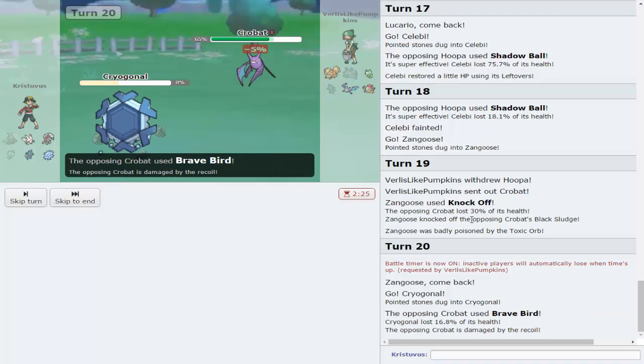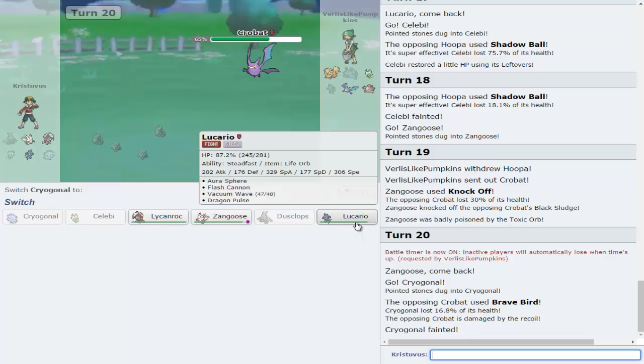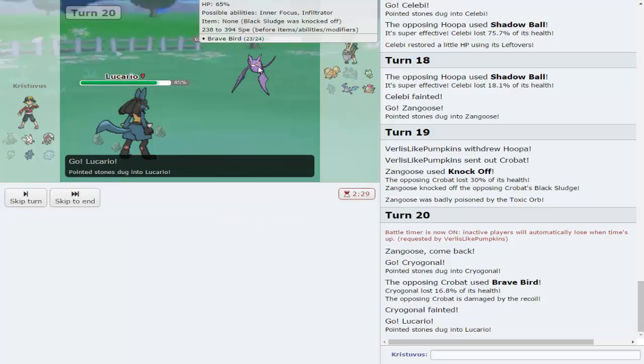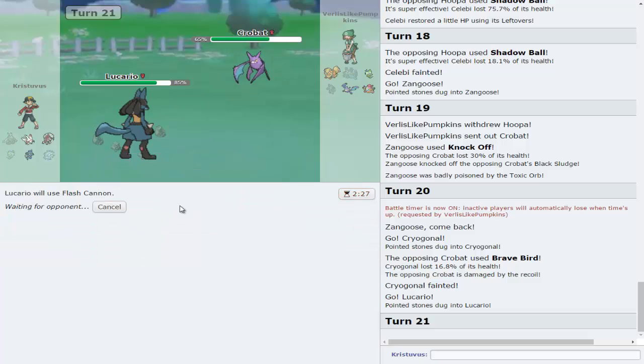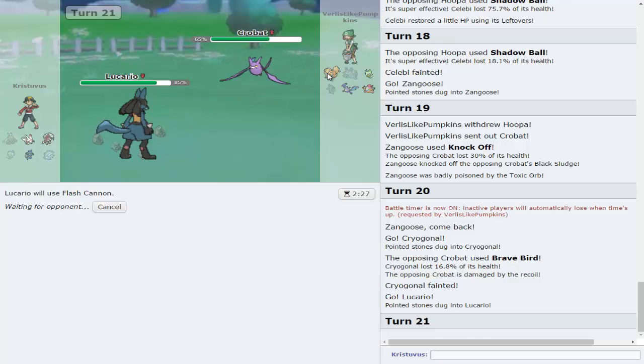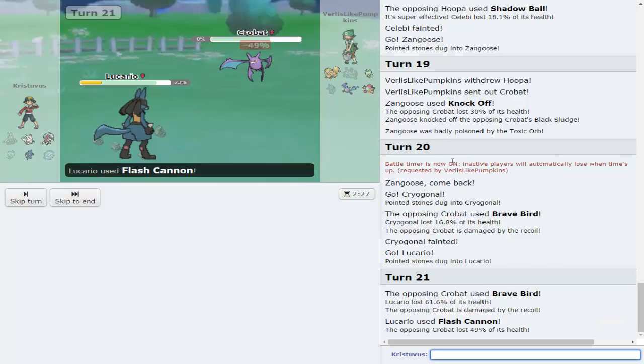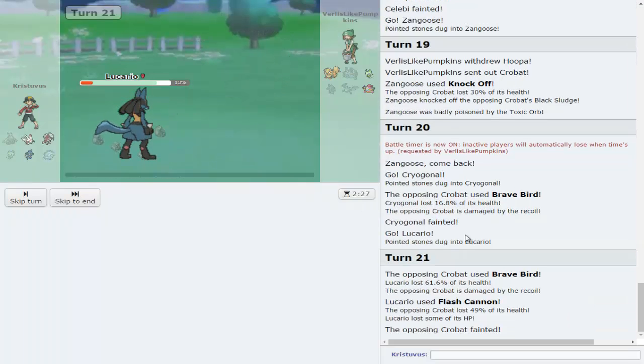Brave Bird, cool, gets me a little extra damage. I'm gonna go into Lucario, and I'm going to go for a Flash Cannon, because I don't think he can kill with a Brave Bird. It's neutral against me. So I think Flash Cannon's a pretty good guess. And he does 62, that's a lot. And I kill. Oh, I do kill. Interesting. I actually did not expect that, so that's kind of a...